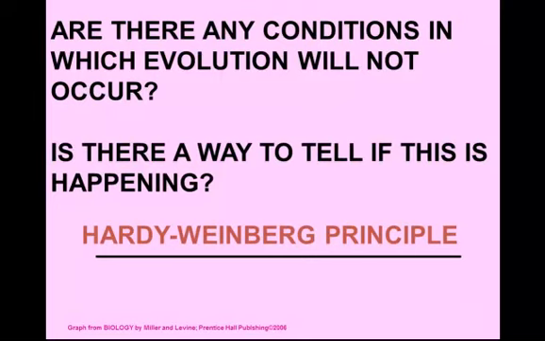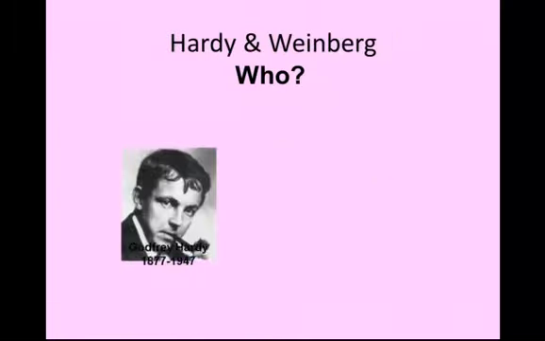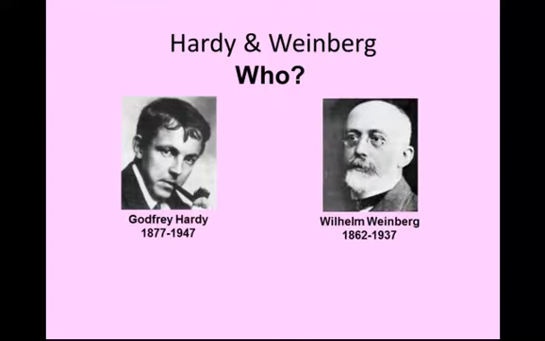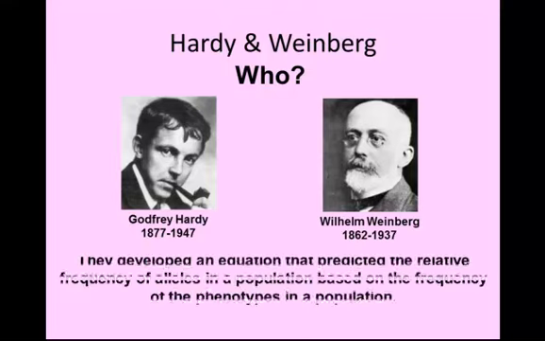Hardy and Weinberg are two scientists, Jeffrey Hardy and Willem Weinberg, and what they did was come up with a mathematical way to look at populations and describe whether they're changing or not. They developed an equation, or a set of equations, that could be used to predict frequencies of alleles in a population, based on looking at phenotypes, how an organism looks, and then use math to determine whether a population